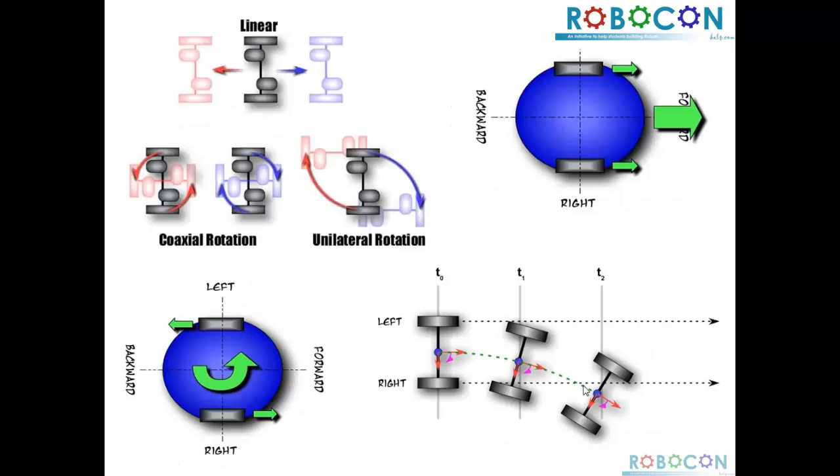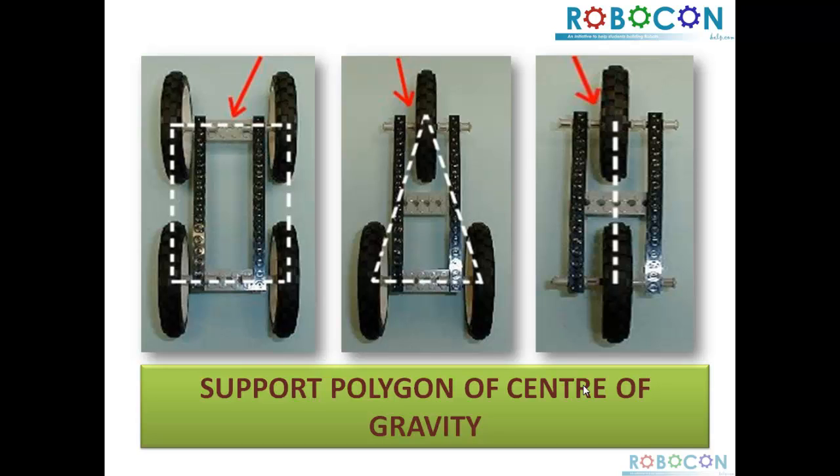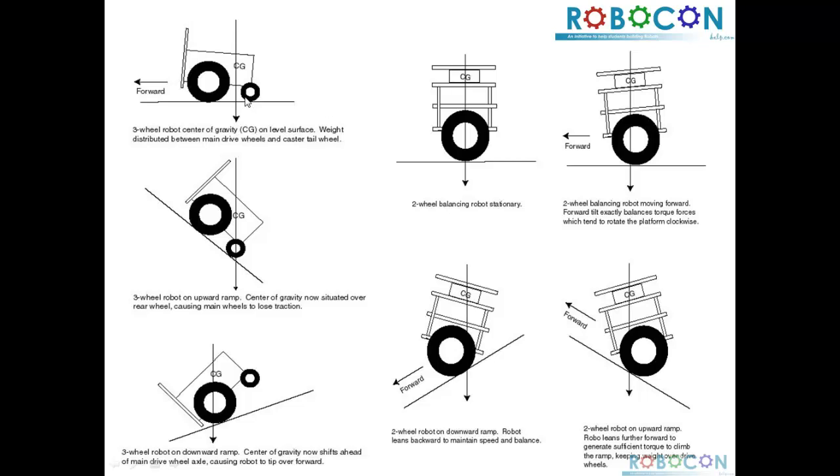Okay, let's talk more about three-wheeled robot and two-wheeled robot. There are three-wheeled robots where, as I told, the center of gravity must lie within this triangular polygon, and the same case has been displayed over here. Suppose the center of gravity is falling between the wheels, the front and the rear wheels. The weight distribution between the main drive wheels, the rear drive wheels and the front caster wheels is shown